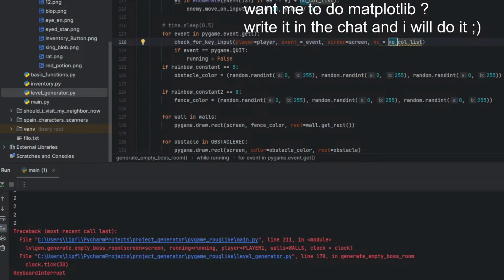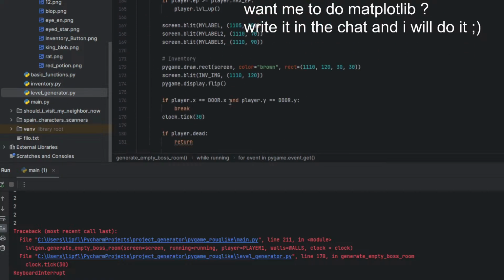Here we go. Modify. And yeah. Level generator break.